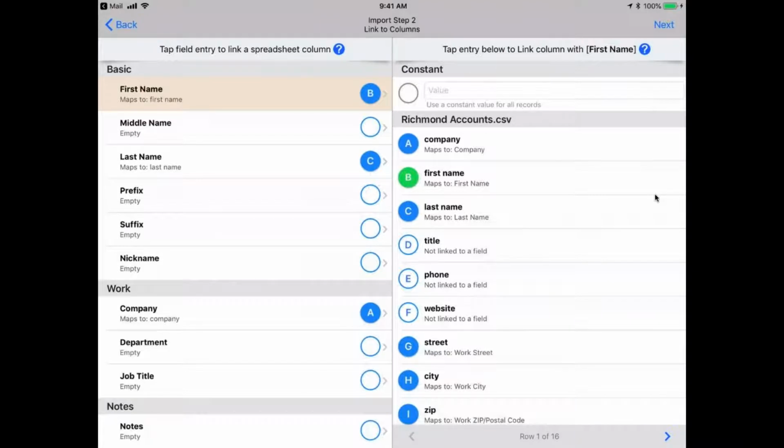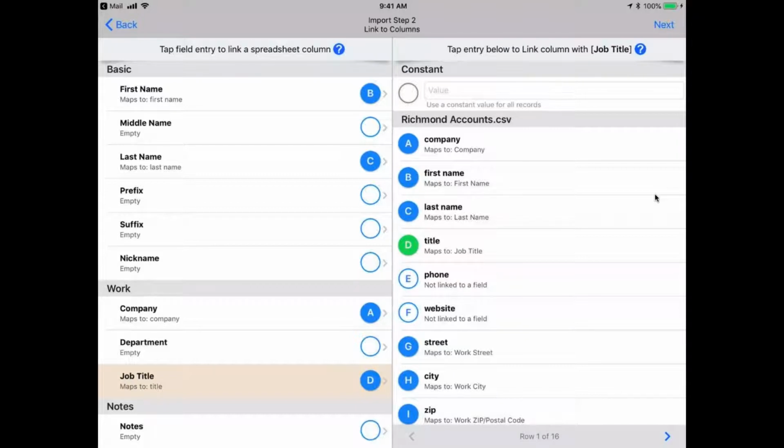On the right side, everything that you see that's in color with the letters has already been linked. So the app looks at the column headers, and if it can automatically match it to a contact field, it will. For some, it needs a little help, so we just need to fill in what has not been matched. Title is one. So I just need to scroll on the left side. I should have called it job title. So on the left, I can tap on job title, and then I'm just going to link it to the right. I'm going to tap on title, and you can see how now they are linked.